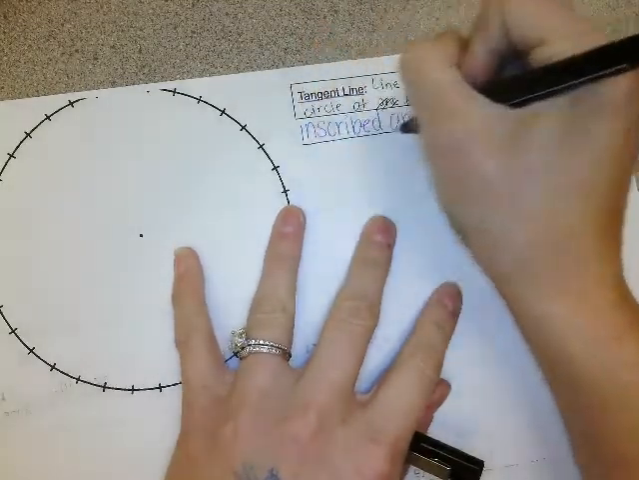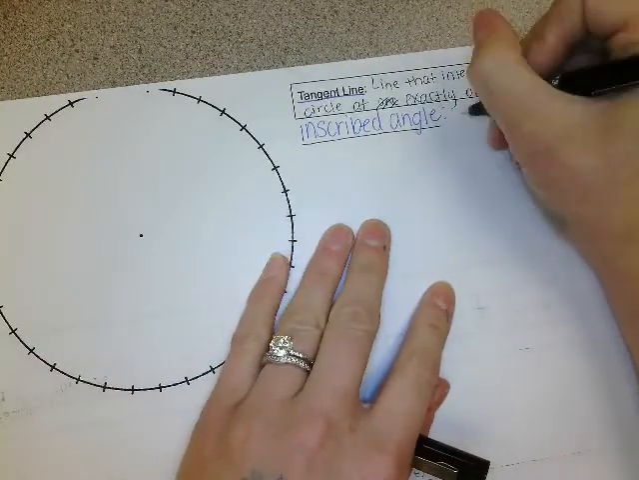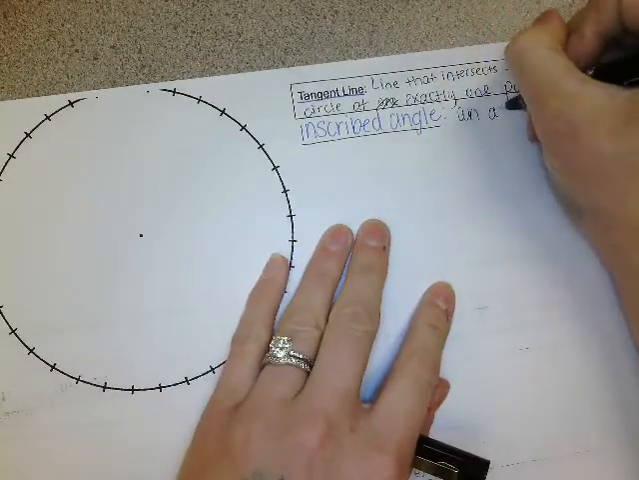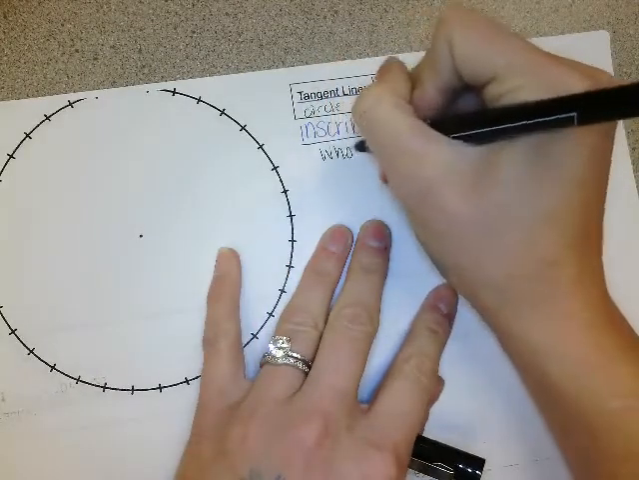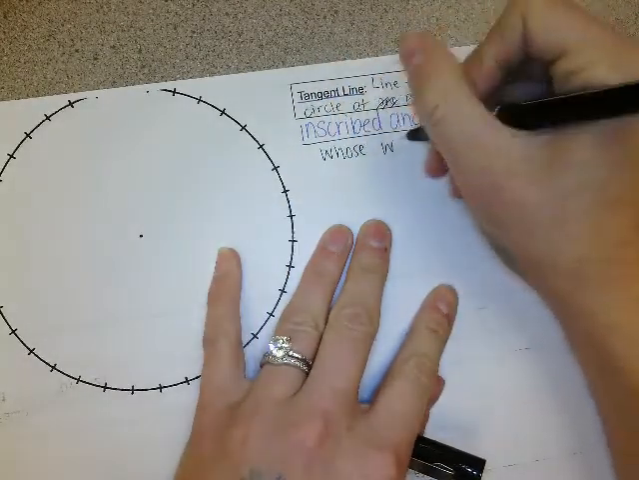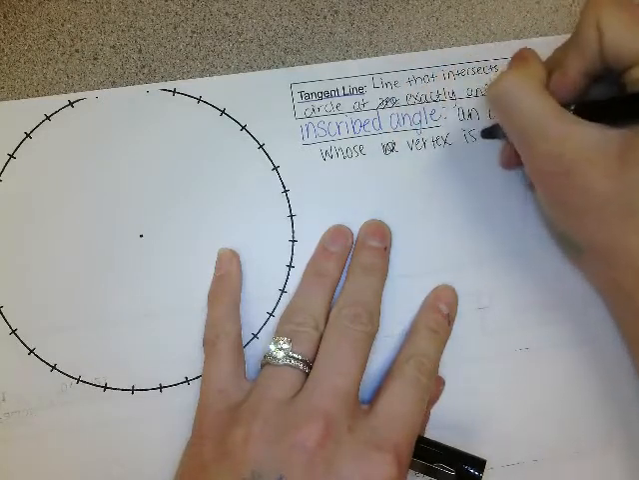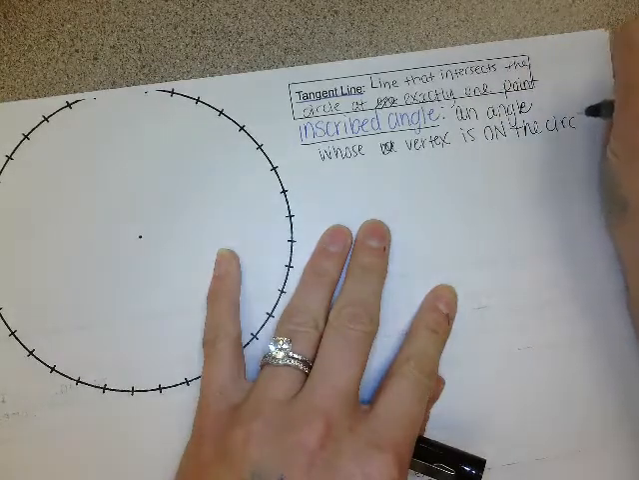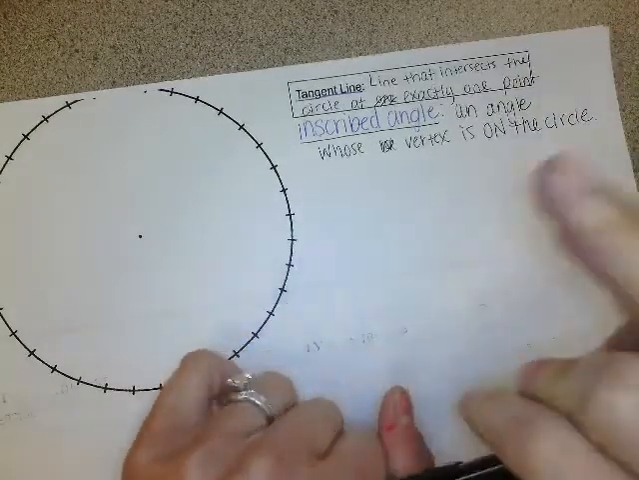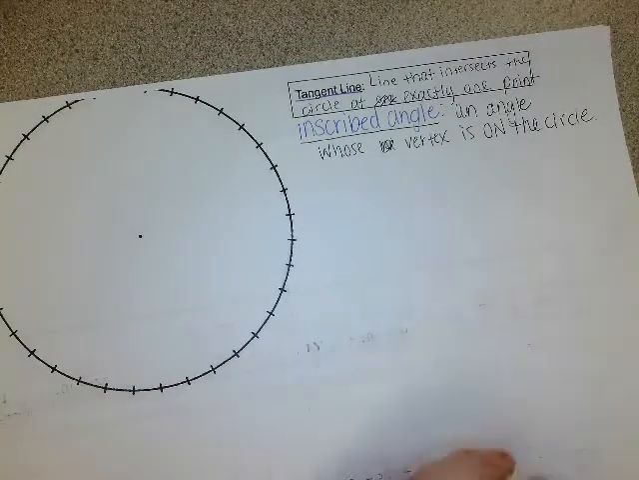Okay, inscribed angle. We have an angle whose vertex is on the circle. Okay. All right, so